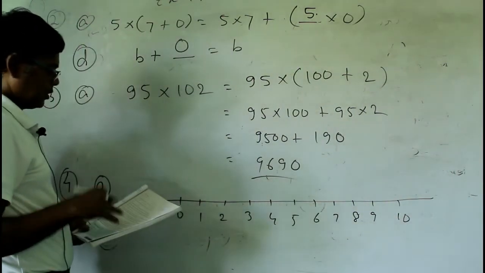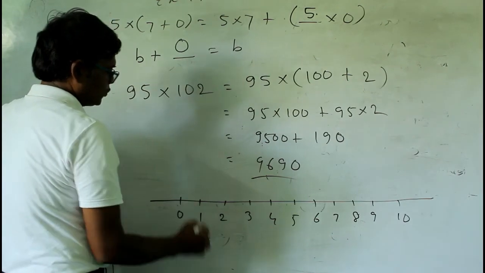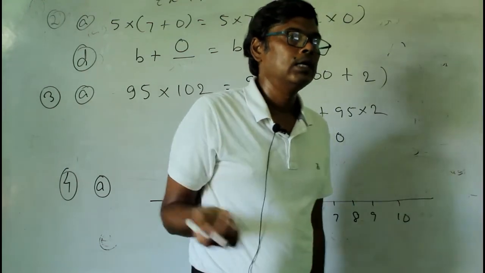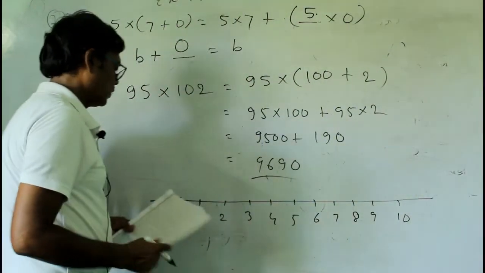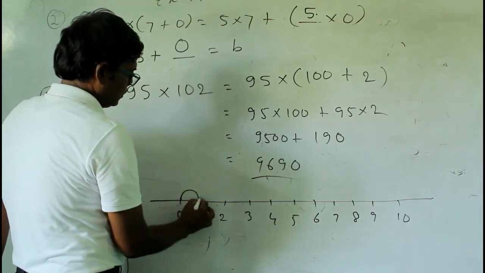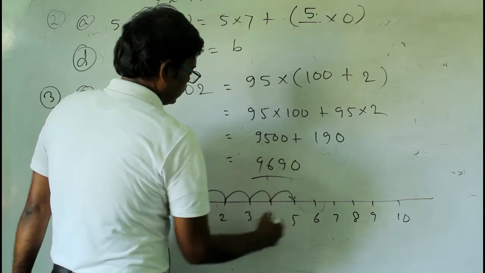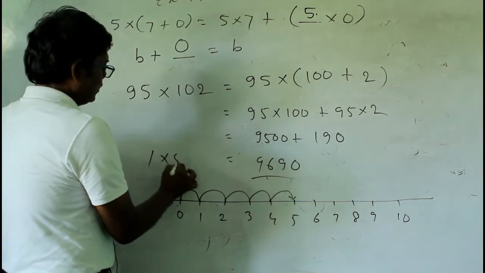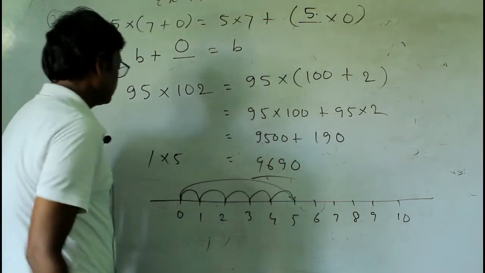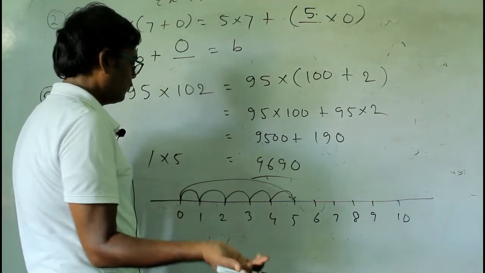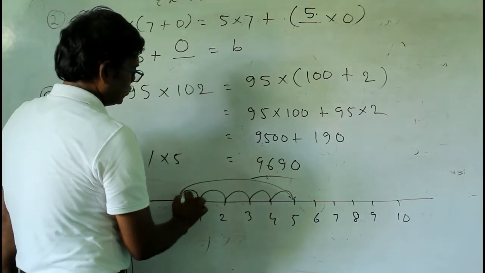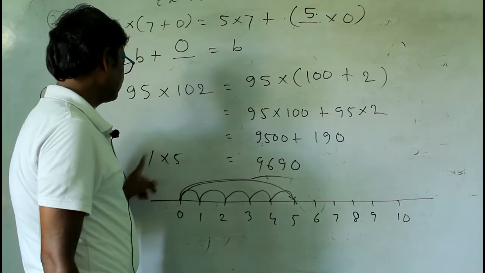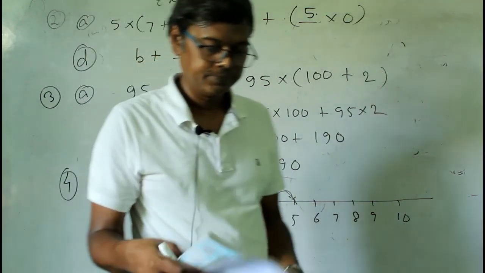Okay. Now here you have 5 into 1. So 5 into 1 actually here means 5 times 1. Okay. If you have 1 into 5, then 1 times 5. 5 times 1 means it will be actually like this. Okay. Like 1, then 2, then 3, then 4, then 5. So here the answer in this case will be 5. Or if you have 1 into 5, then it will be directly this. Okay, that is 1 times 5, that is 5 only one time, so your answer will be like this. That is, you will jump from 0 to 5, then you will get the answer 5 again. But actually both are correct. Okay, like 5 times 1 or 1 times 5, the answer will be the same, that is 5.